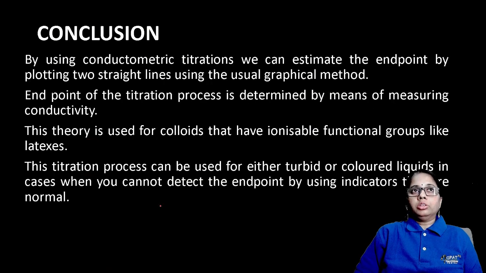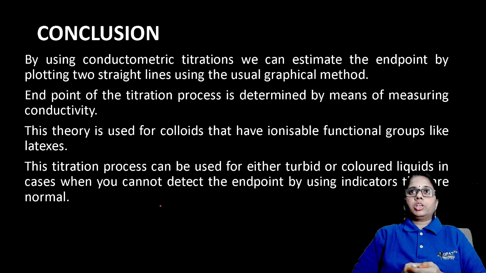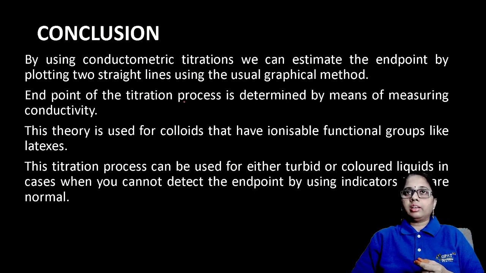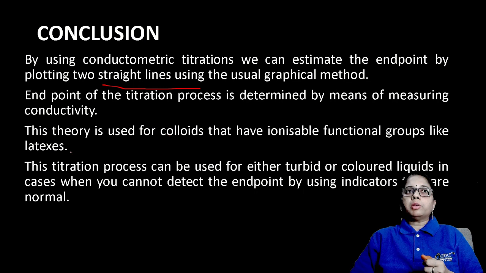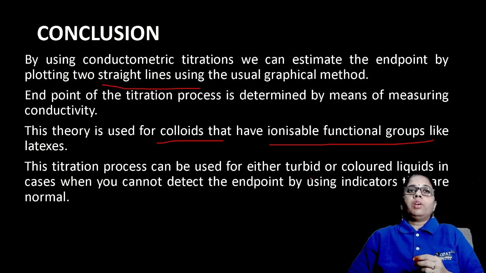Finally, we conclude that by using conductometric titrations, we can estimate the endpoint by plotting two straight lines using the usual graphical method, right? Because the intersection is taken as the endpoint. So the endpoint is determined by measuring the conductivity only. This theory is used for colloids that have ionizable functional groups, like latex. This titration process can be used for turbid or colored solutions also,